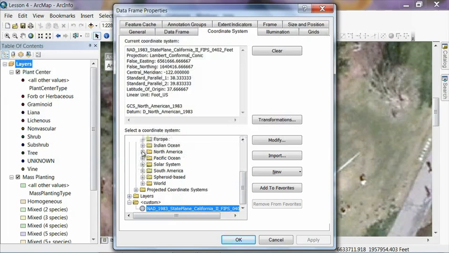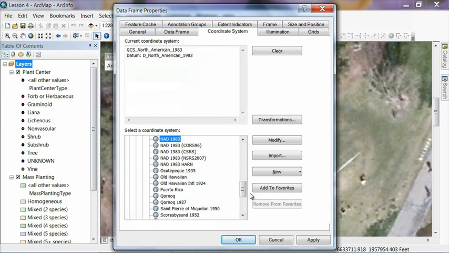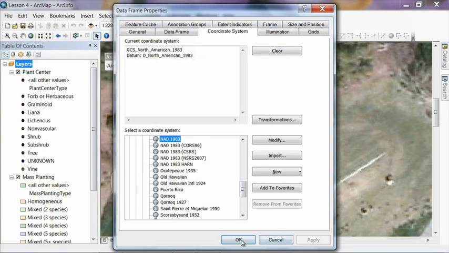I want to use North America, and I want to use the same datum that we're using for our current projection, which is NAD83. And this will make sure that there's no translation of the coordinates as we convert them. So go ahead and select NAD83 under North America, assuming that you're in North America, and then hit Apply, and